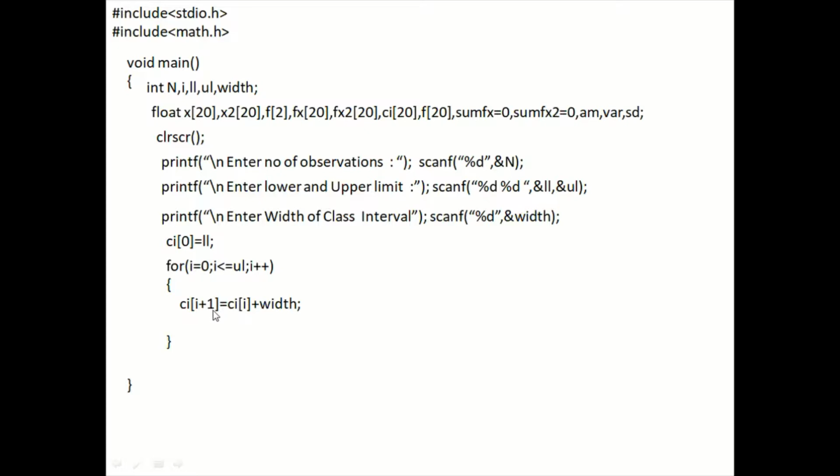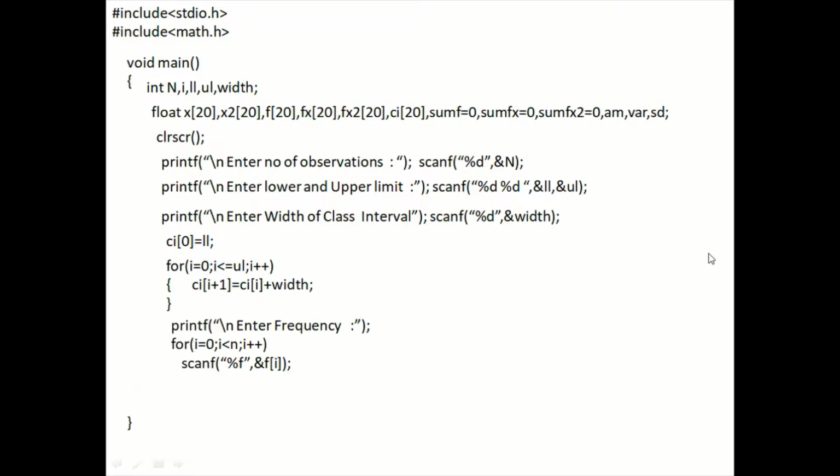Okay. Then this goes on and all the values of n will be stored to an array. So up to 5 values, so it will be 10 to 20, 20 to 30, 30 to 40, 40 to 50 and 50 to 60. There the loop ends. So now a message is prompted on the screen saying enter frequency.